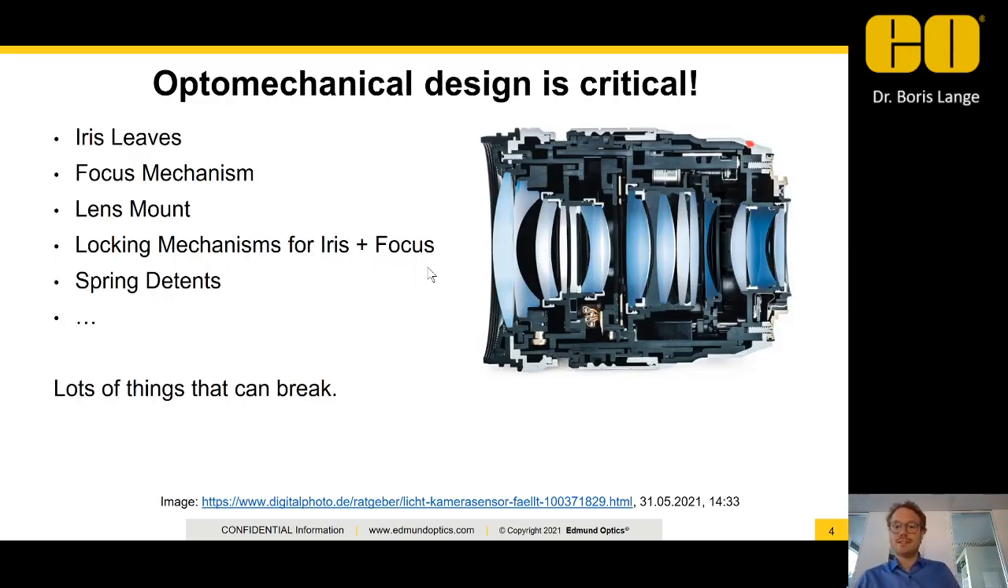And yeah, it's not surprising, we will need a closer look at the optomechanical design of a lens if you want to understand what's going on with respect to vibrations and mechanical shock. This is a picture that I just got from the internet, quite a beautiful lens design, and the things to look out for in the context of mechanical shocks and vibration are things like iris leaves. It's usually the first things that break in a harsh environment, but also the focus mechanism is critical or can